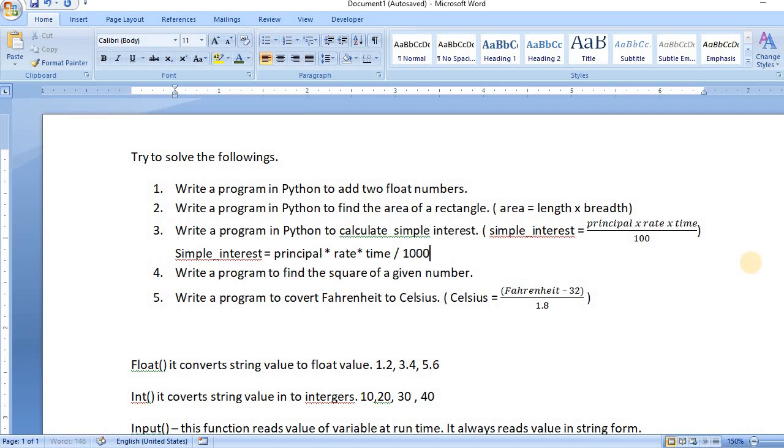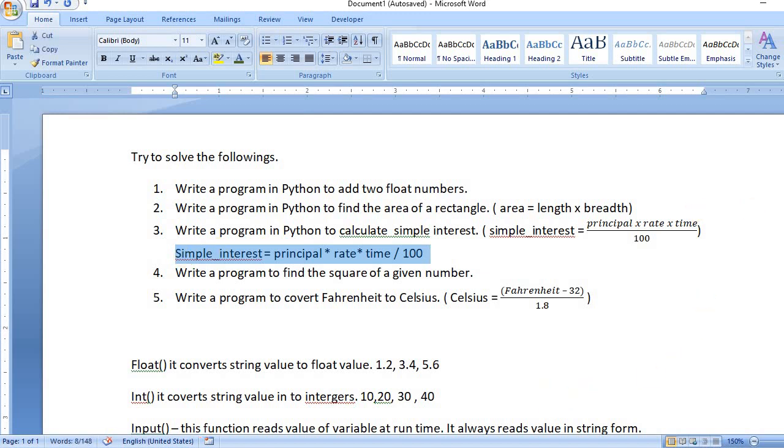Okay, so you have to write the formula in Python in this way. This is the way to express your formula in Python.